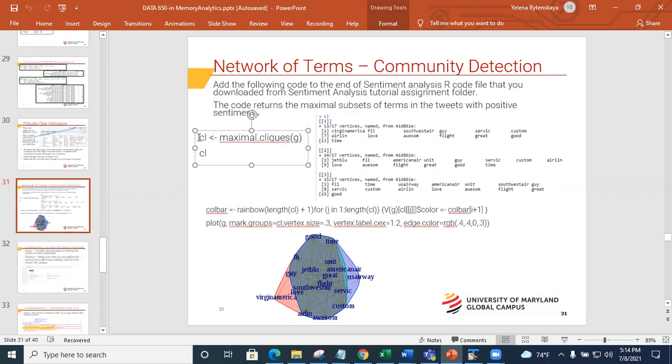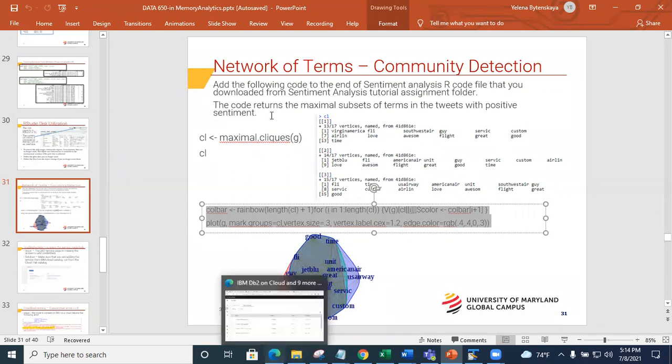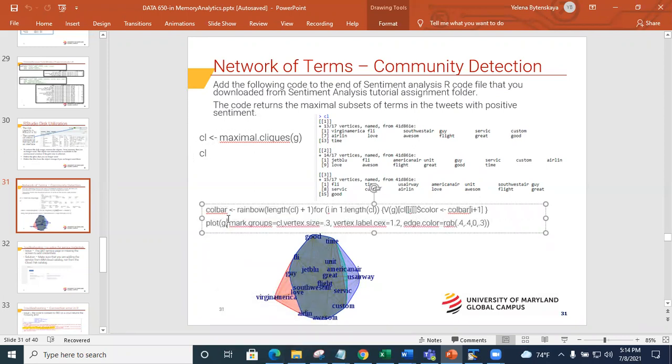There is an R code, right? Add this piece and this piece at the end of that code. Add this in the R script, right? You have an R script. At the end of the script, please add these 4 lines, okay? If you're using the network of terms, this is an additional line of code. What it's doing is looking at the subset of terms, right? So that's what this code will add, okay?